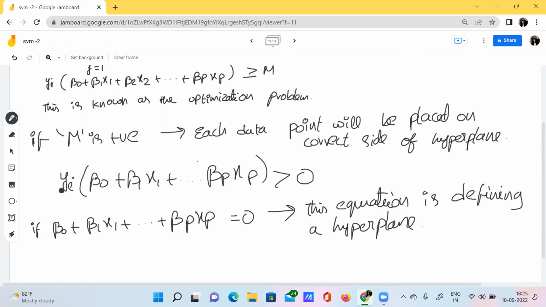That means, see here, if this entire expression is greater than 0, then we can definitely say that each data point will be correctly placed on the correct side of the hyperplane. Okay. If this entire expression is equal to 0, this equation is actually defining a hyperplane. Okay.